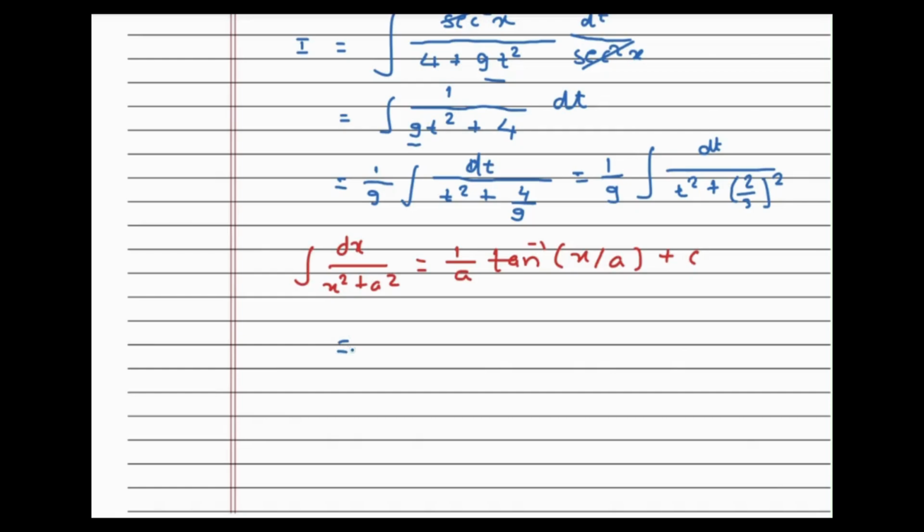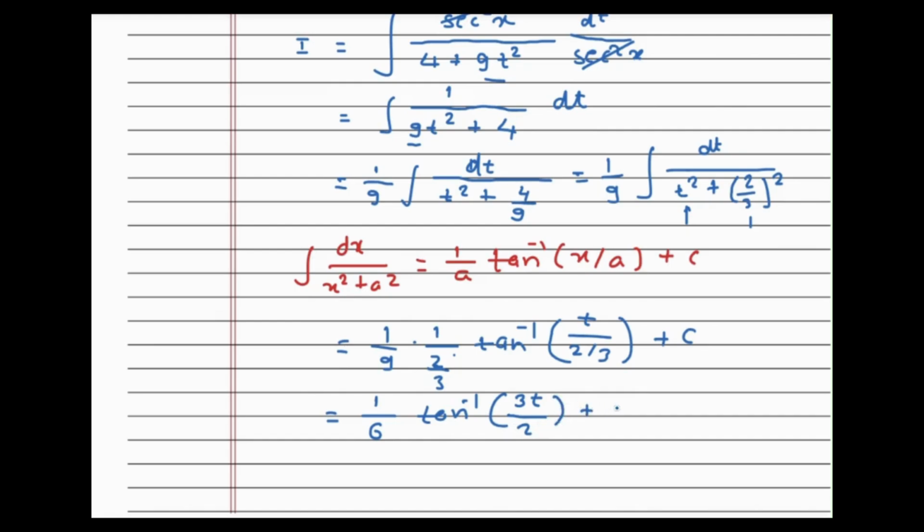So our integral will become 1 by 9, which is already a common term. 1 upon a is the next term, a is 2 by 3. So 1 upon 2 upon 3 into tan inverse x upon a. X is t. This is x and this is a. So t upon 2 by 3, plus c. Simplify this. This 3 gets cancelled. It is 3 times 2, which is 6. You can use a calculator here also. It will be 1 by 6 into tan inverse. This 3 goes to the numerator: 3t upon 2